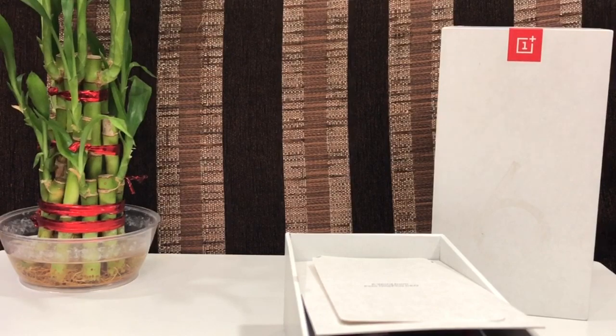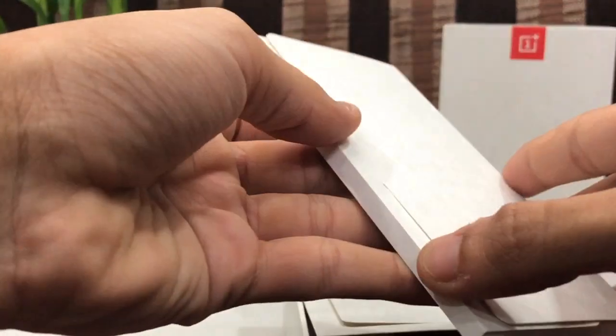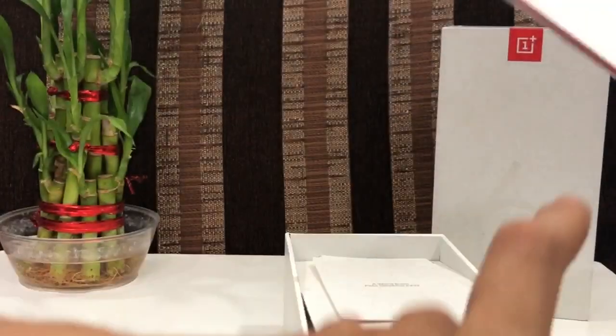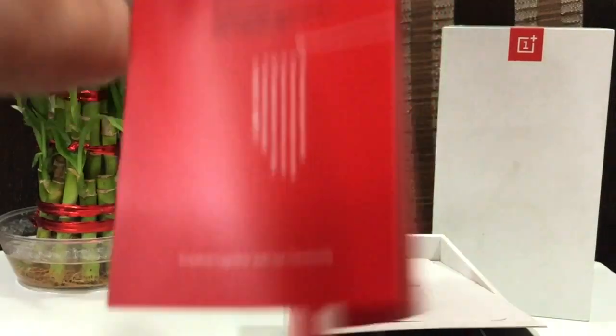So let's keep this aside for the time being and have a look at what else comes in the box. So here it is. It's good that they're still supplying the case with the smartphone. So over here is a SIM ejecting tool. Here you get the OnePlus settings, unlock the speed, and it shows how it works actually. There's a SIM tray and all, and what it is,